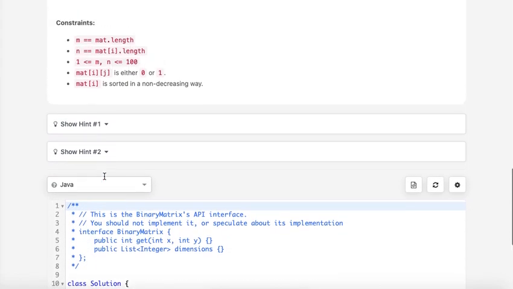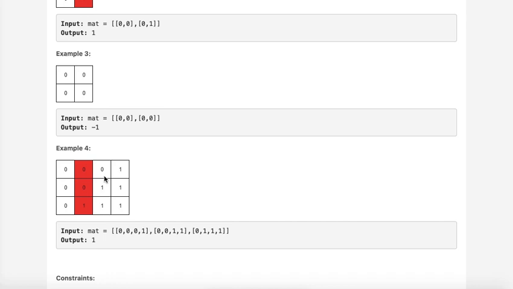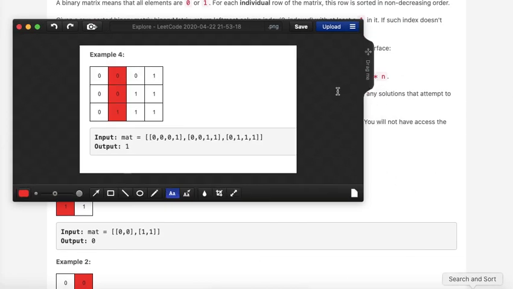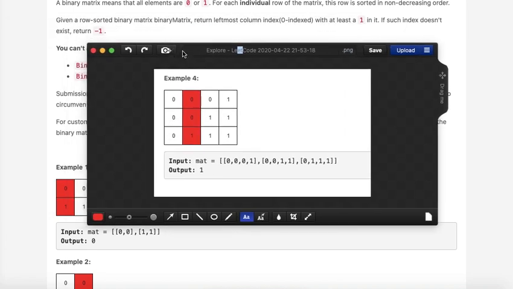So there are two approaches to solve this problem. We'll see both of them. One approach is to use binary search, the other is to consider this as a simple graph or grid problem and try to solve it. Let's take one example and see what we can do in brute force.